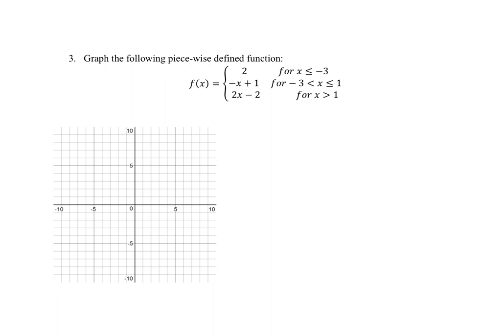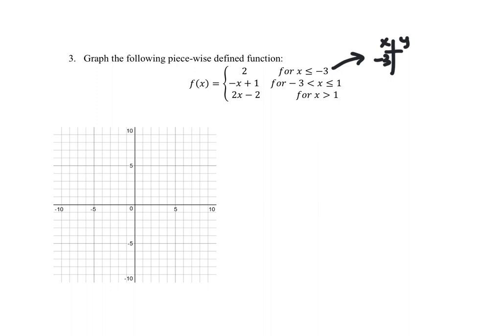All right, question 3 is from section 2.2. What I recommend is for each piece, you make a table of values, an input-output table. So this top piece, for example, I'm going to let x equal negative 3. And you have to remember there, at negative 3, we're going to have a closed circle because it's less than or equal to. So a closed circle at negative